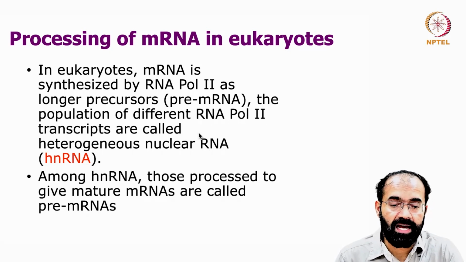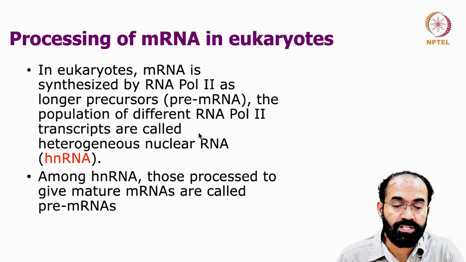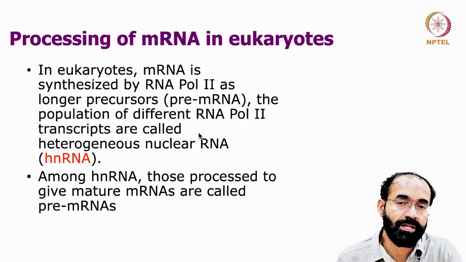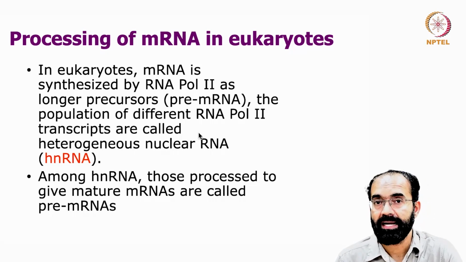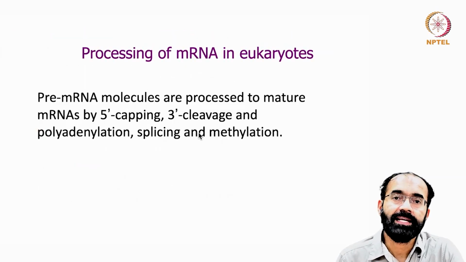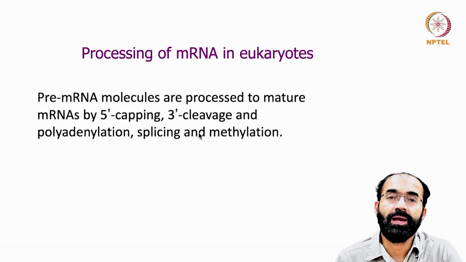Among the hnRNA, those processed to give mature RNAs are now called pre-mRNAs. Why are they called pre-mRNA? They still have introns present that have to be removed, and then they become proper mRNA that will migrate to the cytoplasm. So let us see how the processing of mRNA